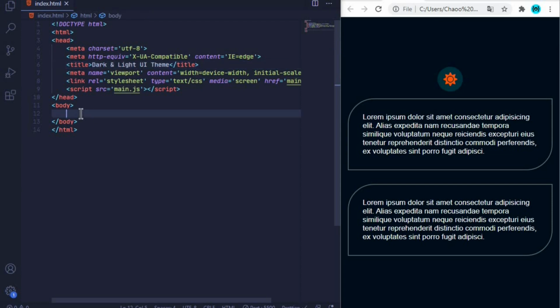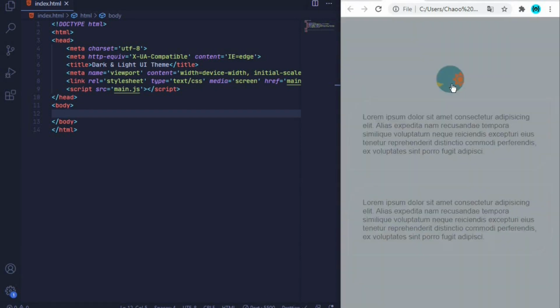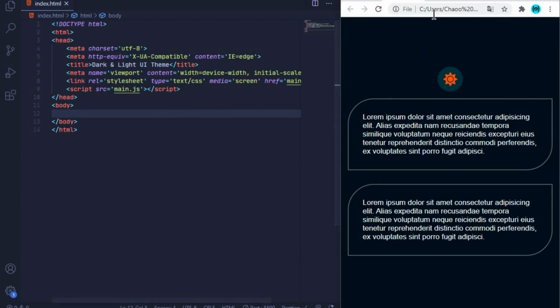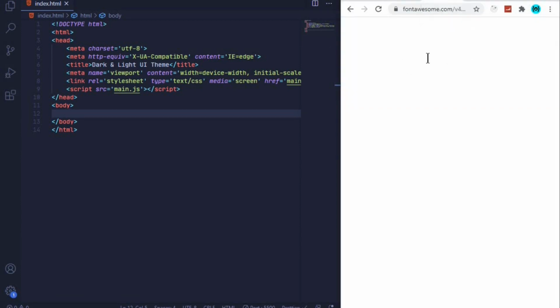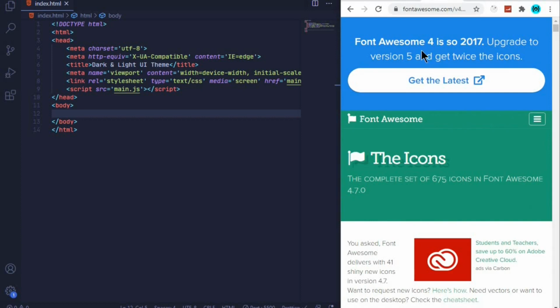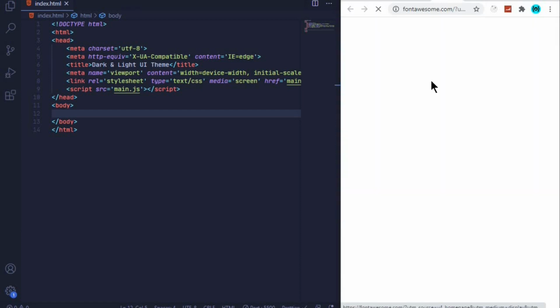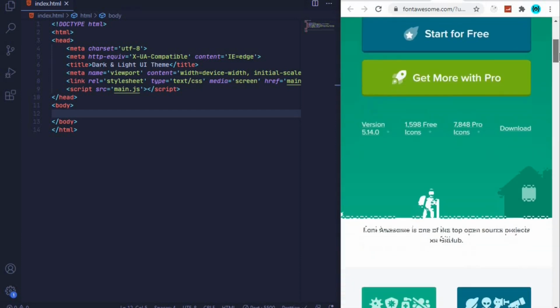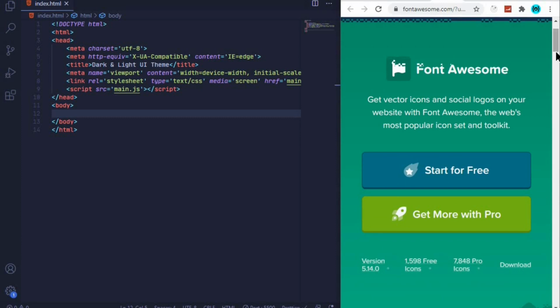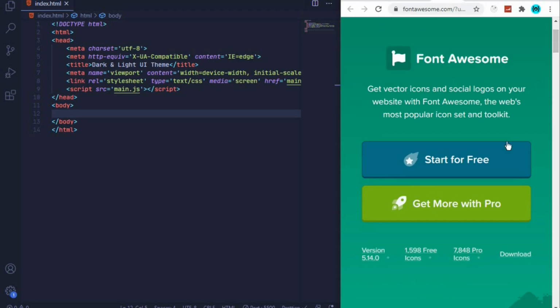And the first thing that I want us to do is to link Font Awesome icons to our project, because we will be needing the sun and the moon icon right here. So to do that, go to fontawesome.com, and the first thing that you will see is that there is an upgrade to version 5, and the version 5 is what we want to use. So just click get started, and to use Font Awesome version 5, all you need to do is to create a kit. To create a kit, click on Start for Free,